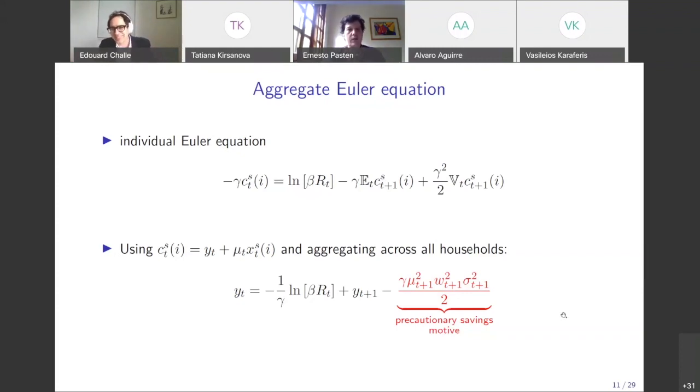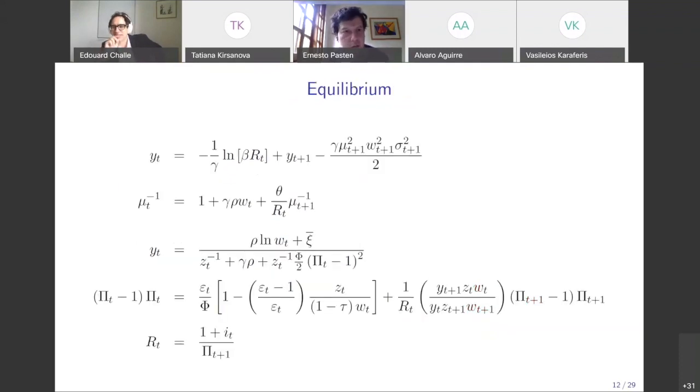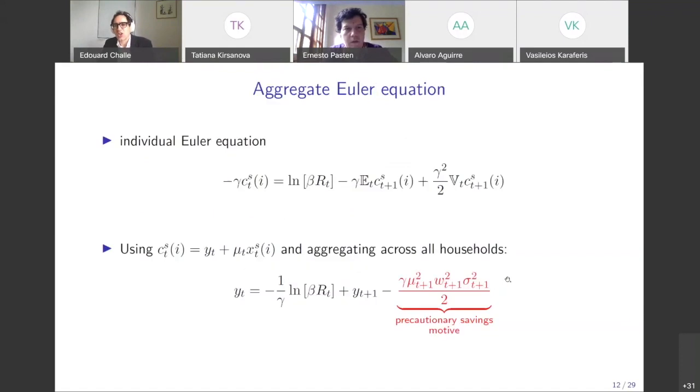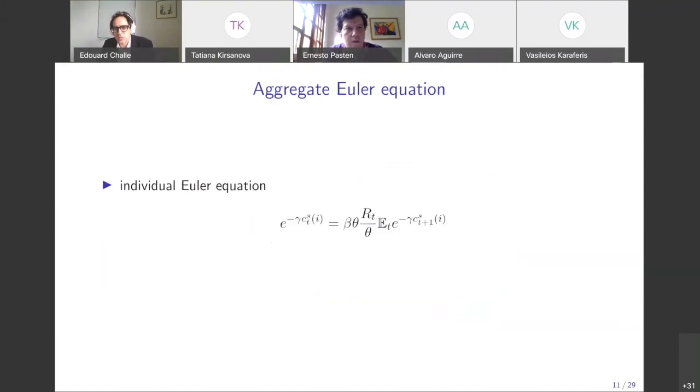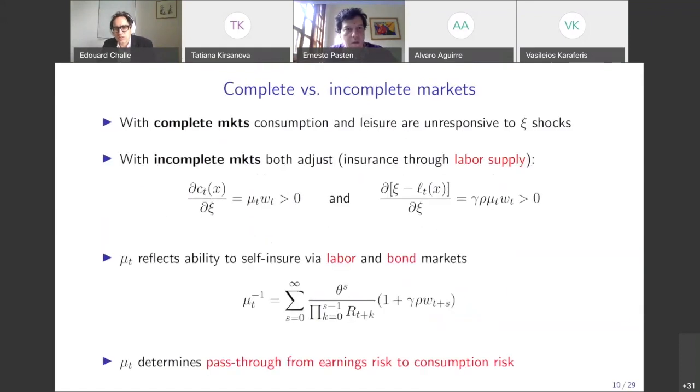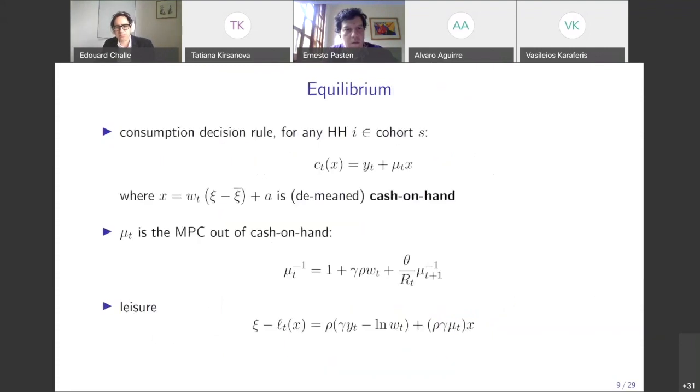Maybe you can answer my question, because it's related to the marginal propensity to consume. That is a standard feature of Blanchard-Yaari. But Blanchard-Yaari has nothing to do with income risk. So it raises the question, how much of this mu comes from Blanchard-Yaari and how much of it does not? And a more general question, what is the role of Blanchard-Yaari consumers? Why did you need them in this model? How much do they quantitatively explain your result?